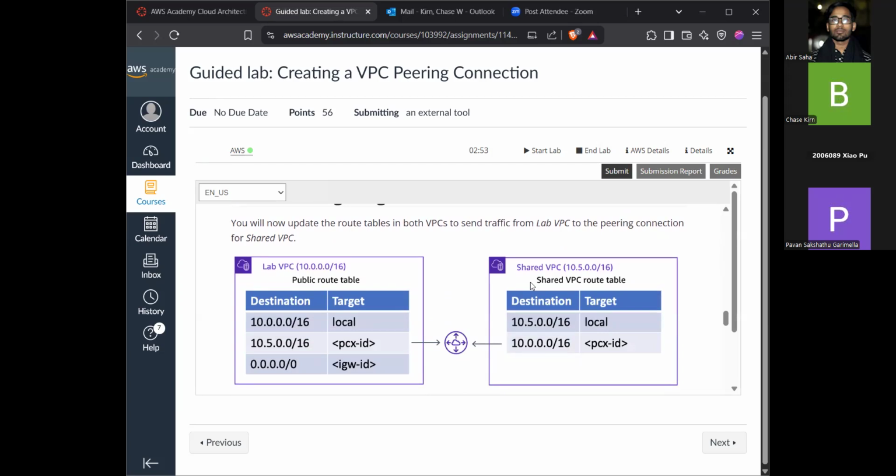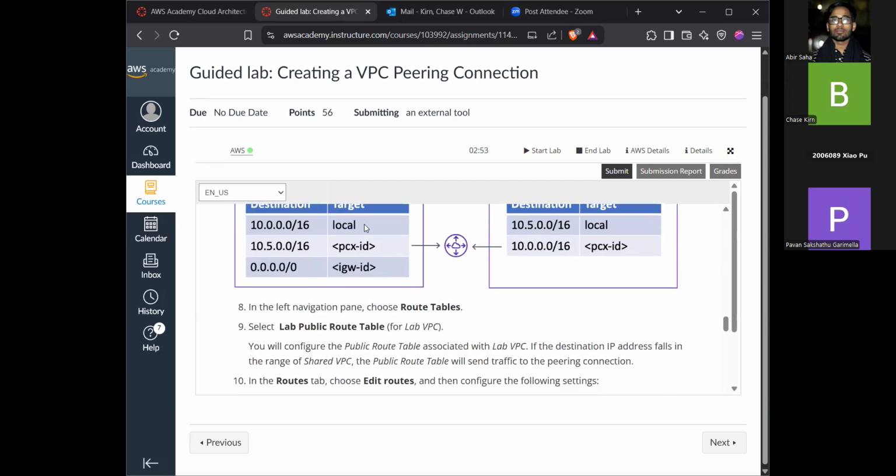We are now going to update the route tables in both VPCs to send traffic from the lab to the peering connection for shared. So go to route tables, select